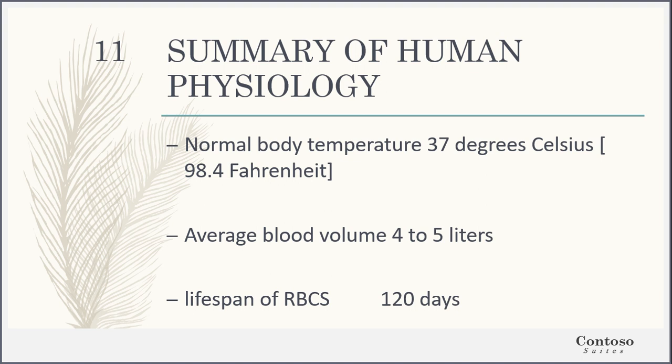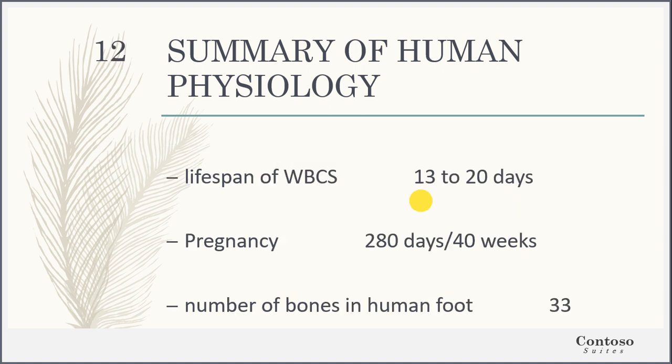So we are talking about the lifespan of those cells which have entered into the bloodstream, and their average lifespan is 120 days. And again, you might be asked in the form of weeks, or you might be asked in the form of months. So generally in months and in days you are asked. So it takes about 4 months for a red blood cell to die, or you can say 120 days.